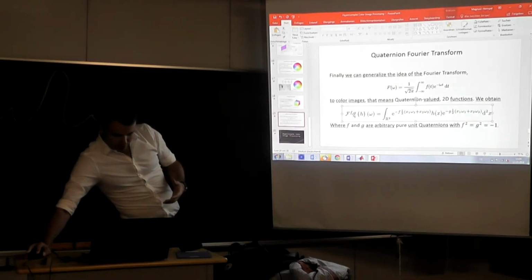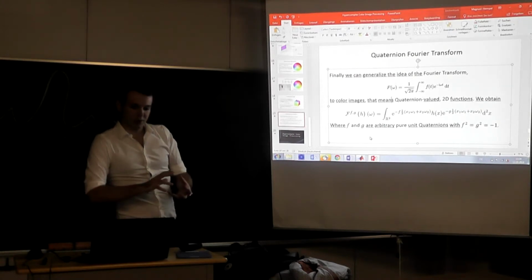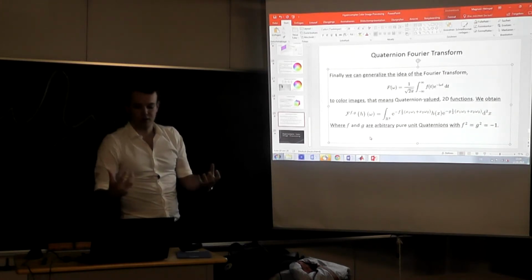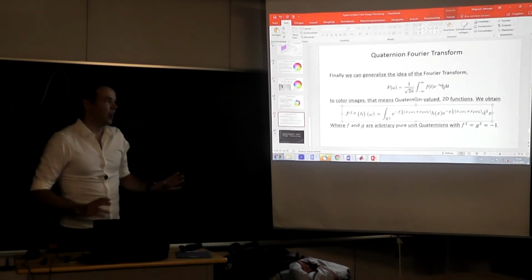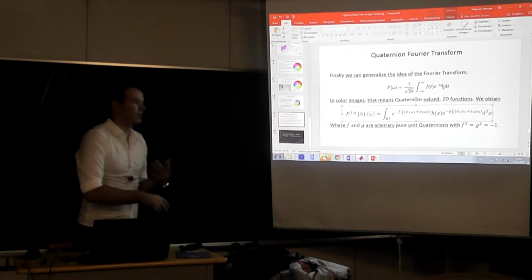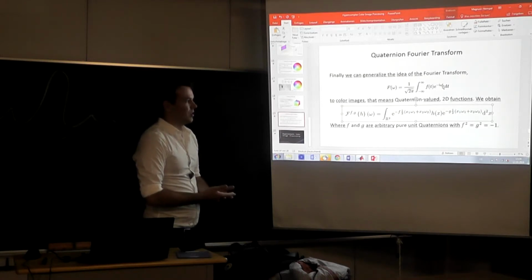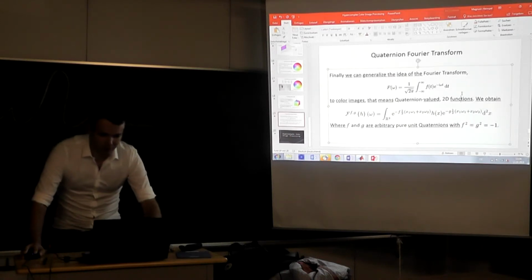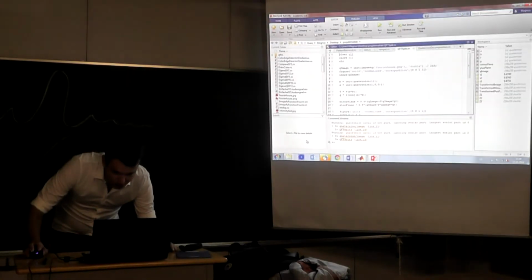And so, if you define the Quaternion Fourier transform this way, it has the benefit that you can transform these orthogonal planes separately. There are many different ways how to define a Quaternion Fourier transform. Like I already know like 8 or 9. So there are many ways, and they all have some slightly different properties, but all of them make sense. And that's what I want to show you in the last part. What I did,